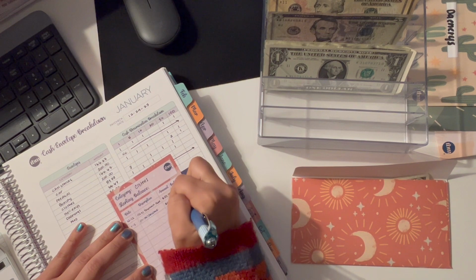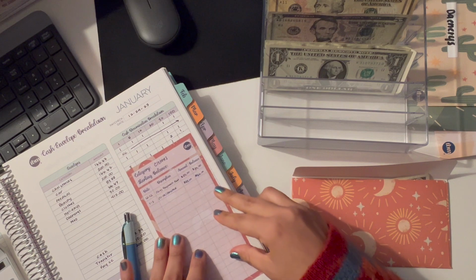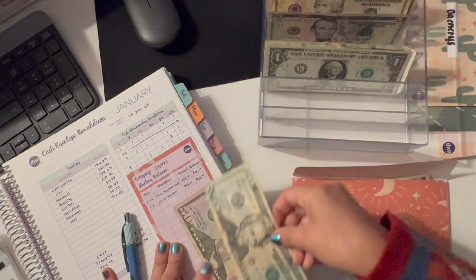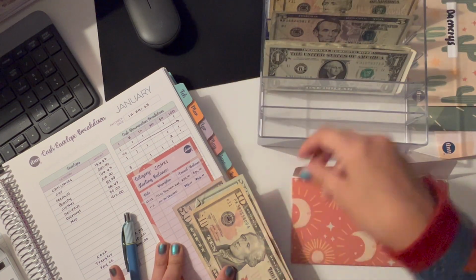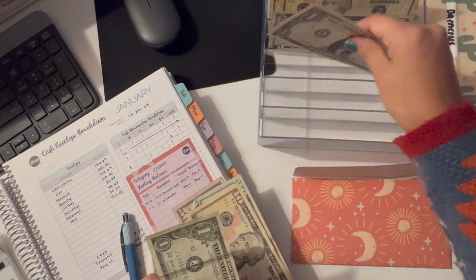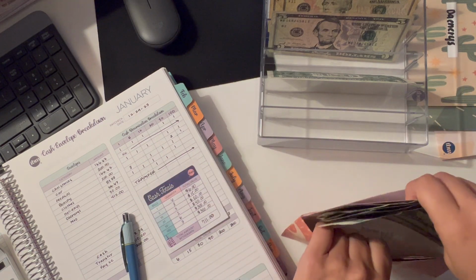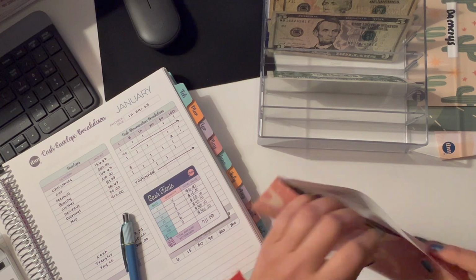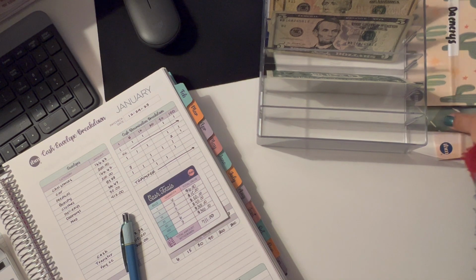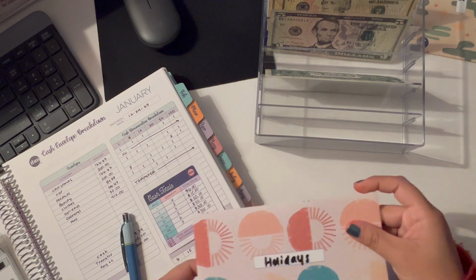Again, things can come up on a weekly basis, so it's good to remind yourself that you do plan for these things. So clothes is going to get $83. It's just so easy with this money tray that I purchased from Amazon, the denominations that I have, to be able to put it into my cash envelope. And I feel pretty happy that we've been able to accumulate funds and it has not gone to empty, except the groceries and animals